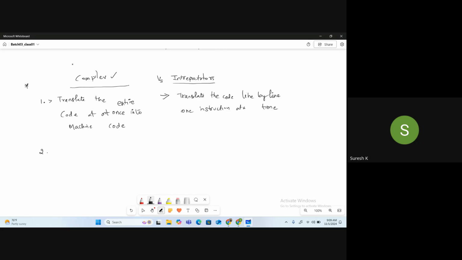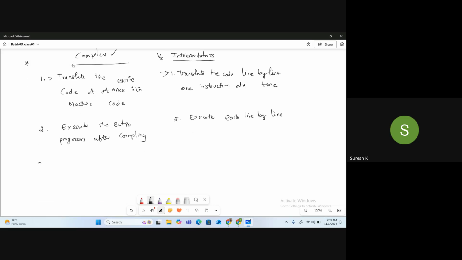Execution part. A compiler executes the entire program after compiling. Here, it executes line by line.